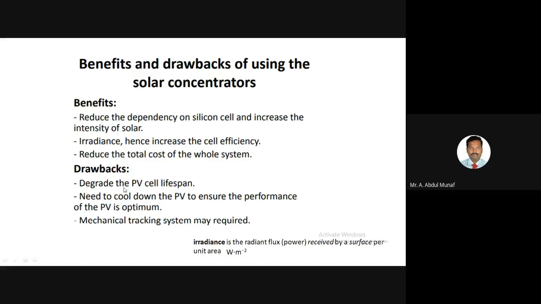ட்ராபேக்ஸ் பார்த்தீங்கன்னா, degrade the PV cell lifespan, need to cool down the PV to ensure the performance of the PV is optimum. அப்புறம் mechanical tracking system may be required. இங்க we are using மெக்கானிக்கல் ட்ராக்கிங் சிஸ்டம். சனுடைய மூவ்மெண்டுக்கு ஏற்ற மாதிரி அது மாறுதில்ல, அதனால மெக்கானிக்கல் ட்ராக்கிங் சிஸ்டம் யூஸ் பண்ணுறோம். அது எக்ஸ்ட்ரா ஒரு அமௌண்ட் தானே, அதுக்கு தனியாக காசு செலவு பண்ணணும்ல. So we can tell that one in the drawbacks. Okay,